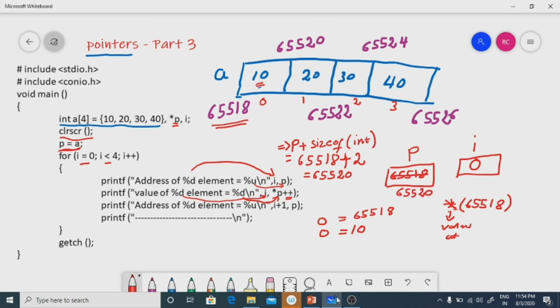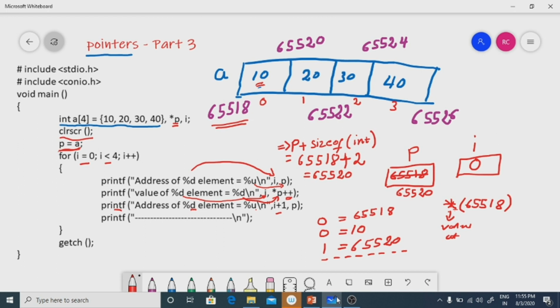Next, when it comes to this particular printf, address of %d here, i + 1. i + 1 means 0 + 1, that is the first element, equal to, this %u corresponds to p. What is there in p is 65520. So like this the for loop will continue.